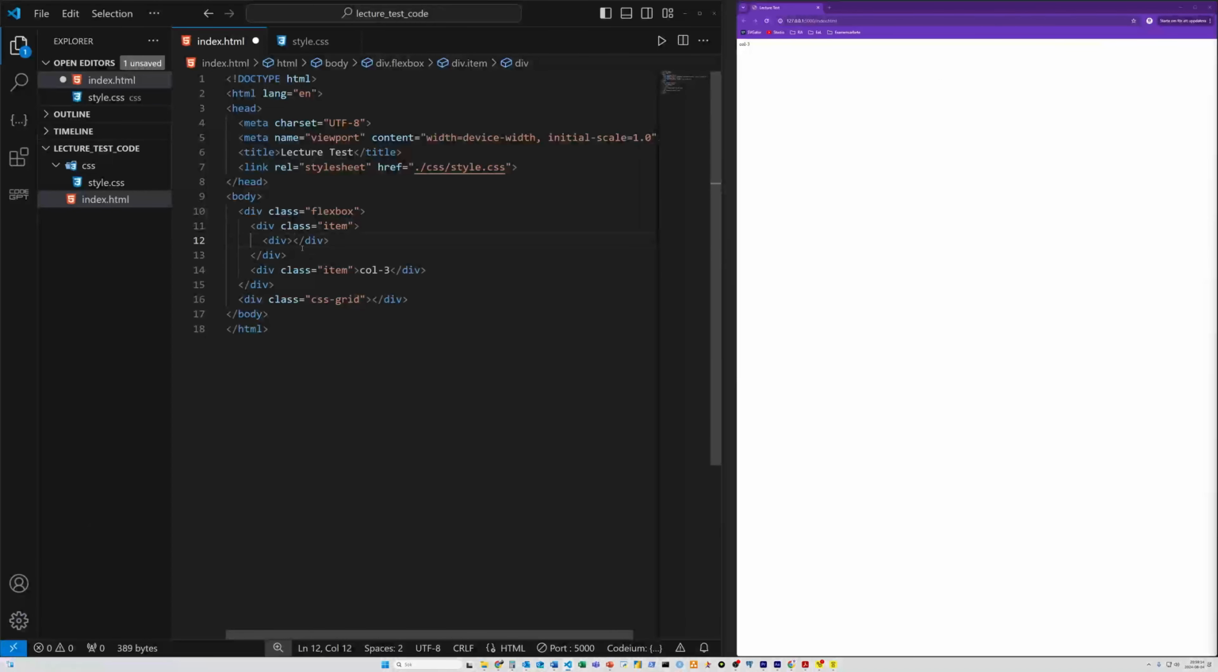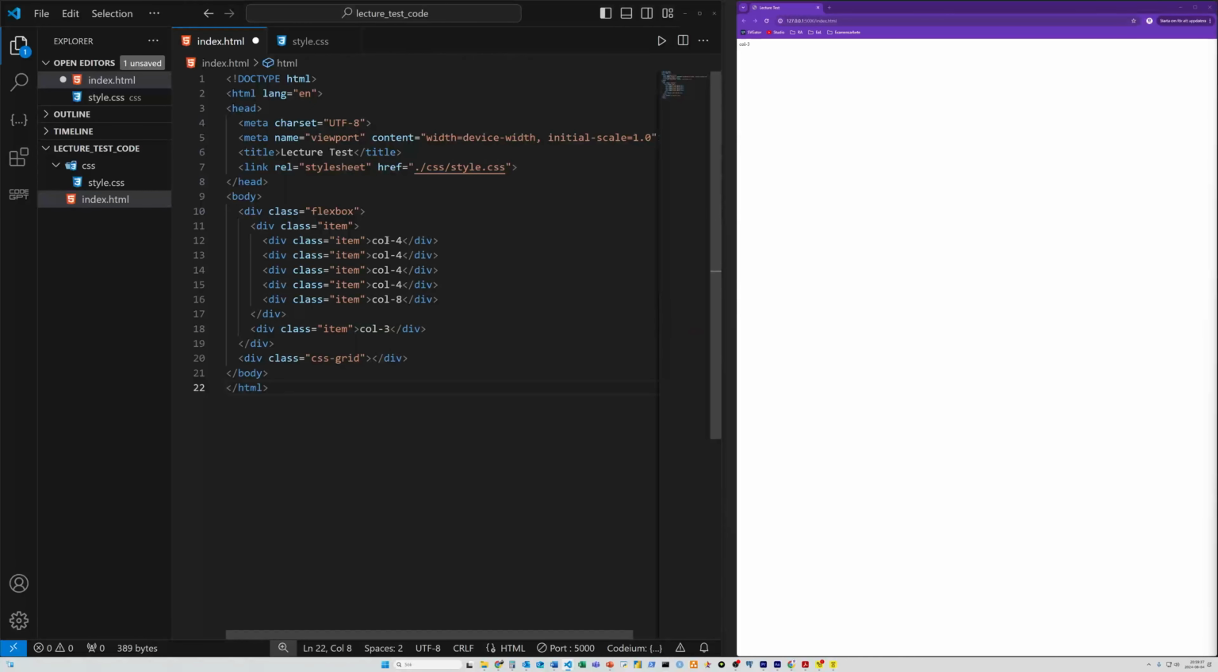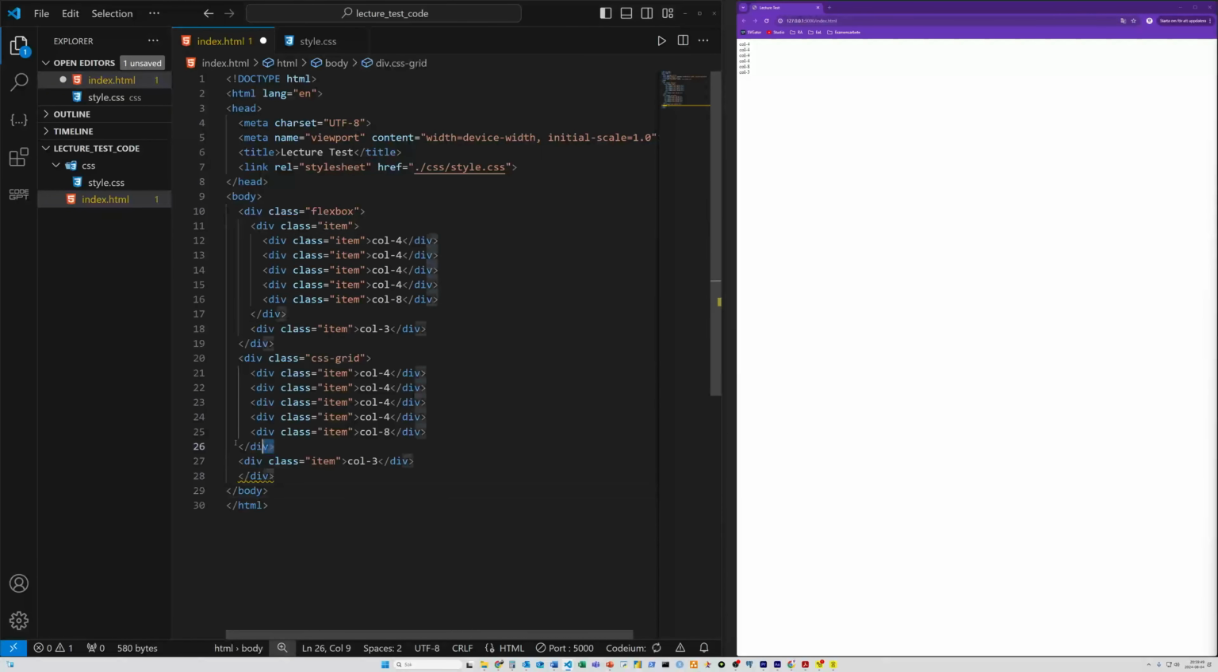Okay. So we'll go ahead and call this one class. This is also an item, even though it's inside of this one. So it's called class, and we could call this one col4. And we'll do 4 of them. And then there's one that's called col8. So that should be all of that. I think we could do the same. Actually, I could just copy this code right over to css-grid. And now we have a redundant